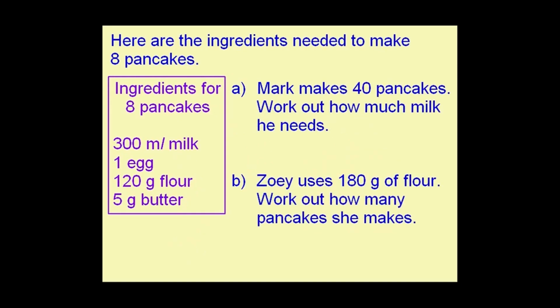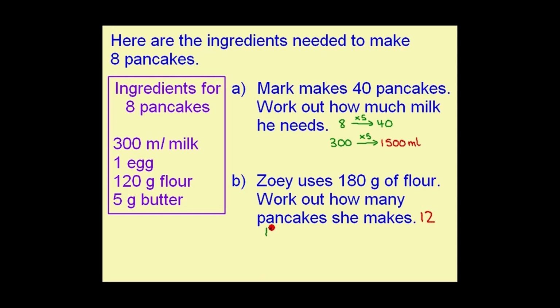Here's another question for you to try. Part B is a bit different. Take your time to read it carefully. Press pause and have a go. When you're ready, press play. Here are the answers. One way of getting this answer for Part B is to say that